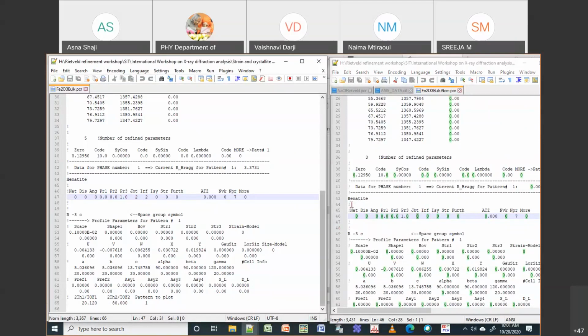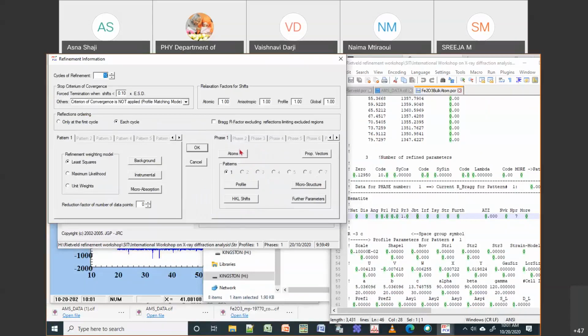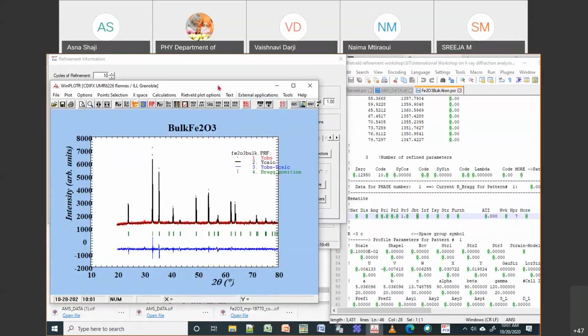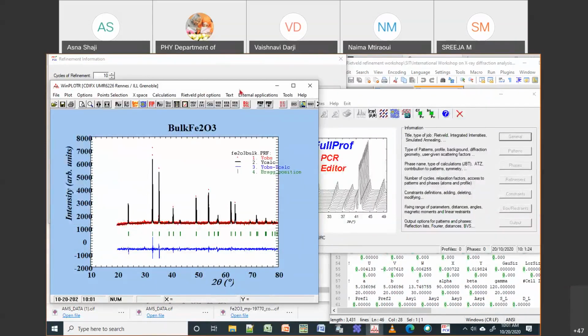Then the next thing is, I need to give the number of atoms. Okay, so we will do that again in this same thing. Okay, so I will go to refinement. So now what happened, your atom is activated. Okay, so if I open the same file, EDPCR, I'll just minimize this.